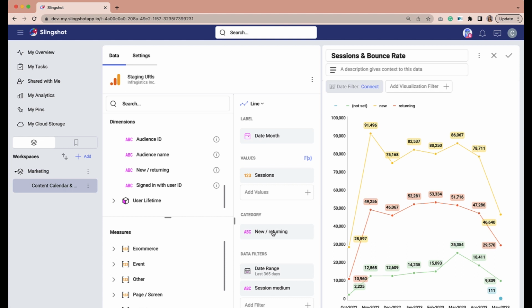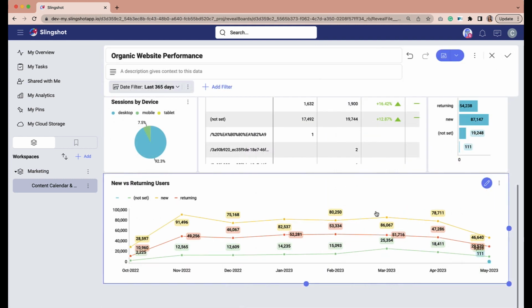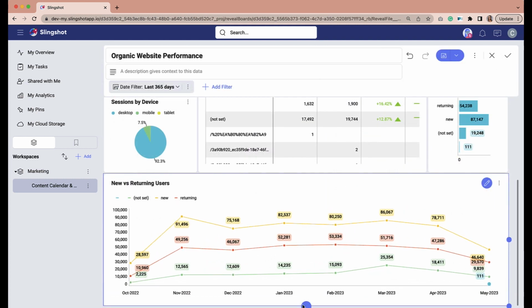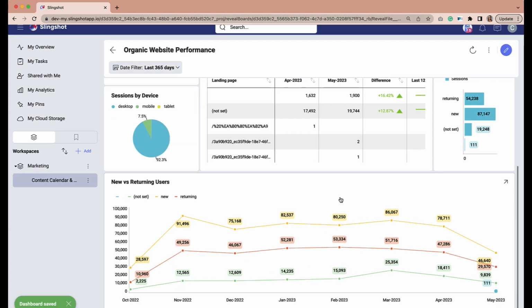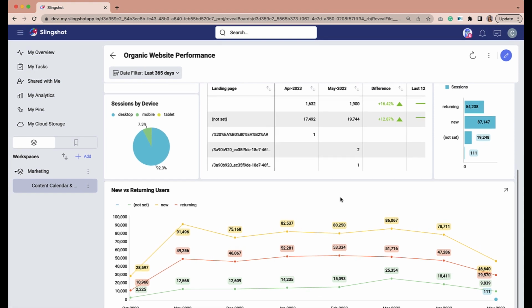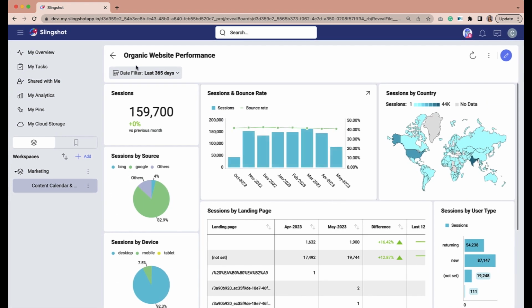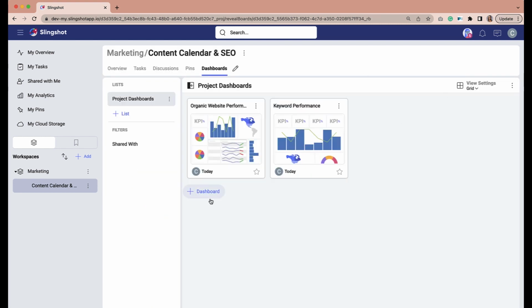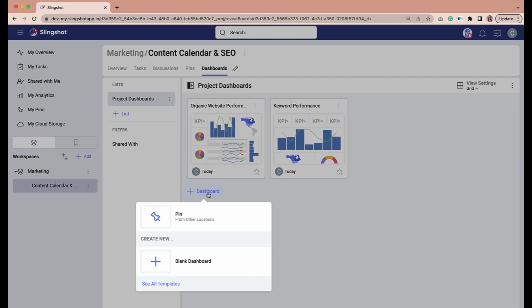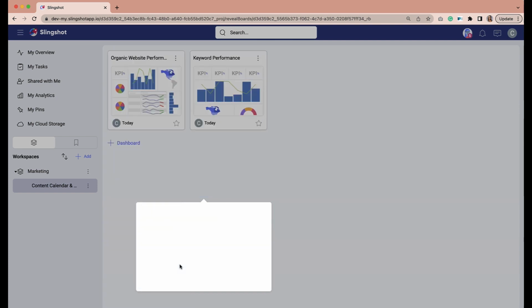So now I can see my new versus my returning, and maybe the not set that Google is unable to identify. I can change this to new versus returning users. And now I have this as another visualization within my dashboard. I'll click save, and just like that, I was able to add more insights into this dashboard. These dashboards you are also able to create from scratch. If I come up to add a dashboard and click blank dashboard,